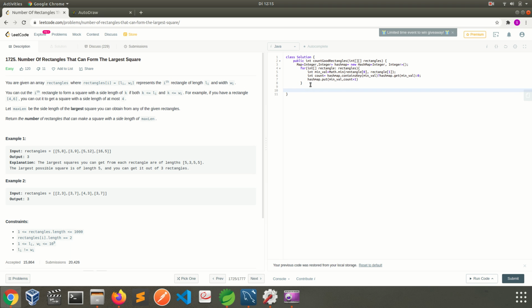Firstly, we define that list of Integer, hashArray is equal to new ArrayList of Integer, and hashMap.keySet. We will get the whole key set,